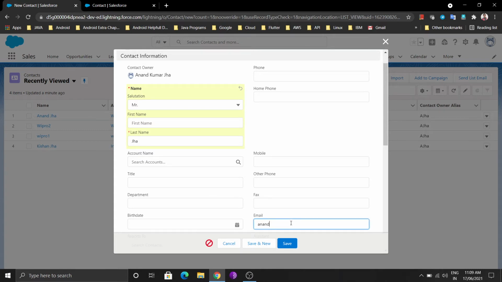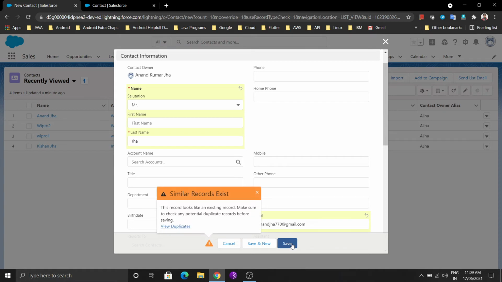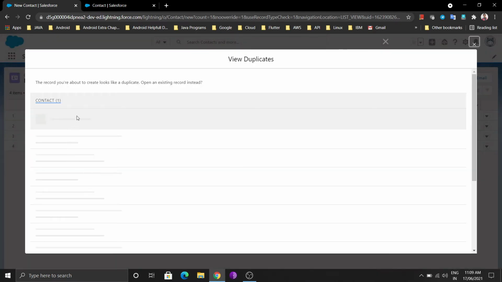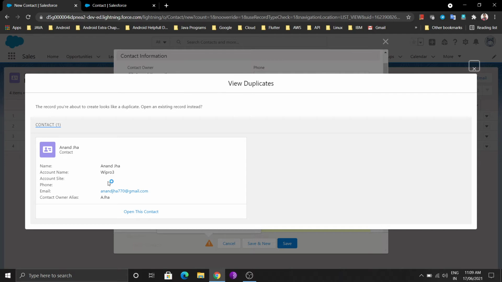So I'm going to put my email, although it's not mandatory, but before I applied some validation rule. So just click and save here. This record looks like an existing record. Make sure that you check any potential duplicate record before you duplicate. So there is one contact, Anand Jha Wipro, by this name created.